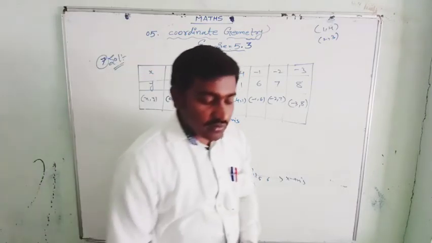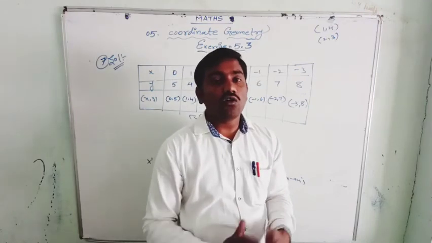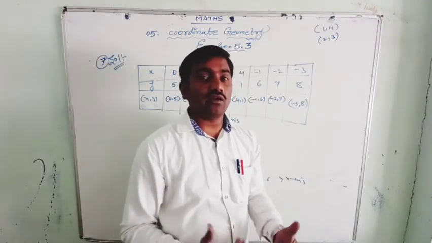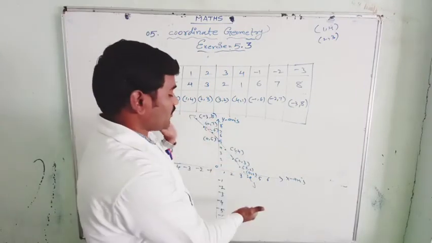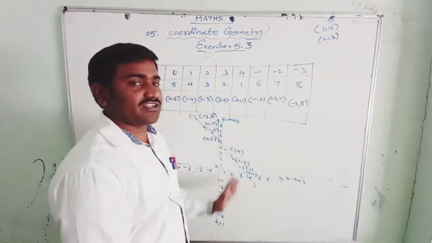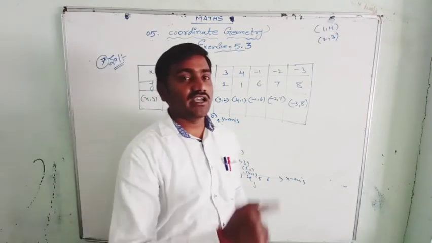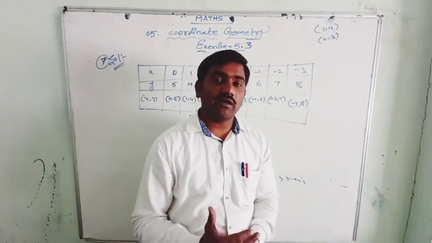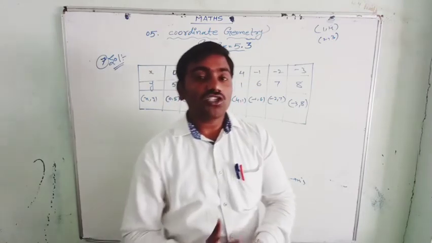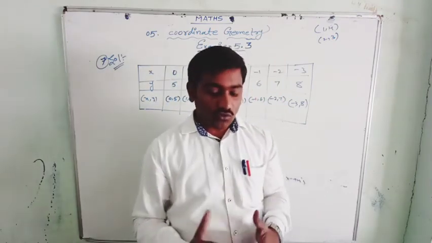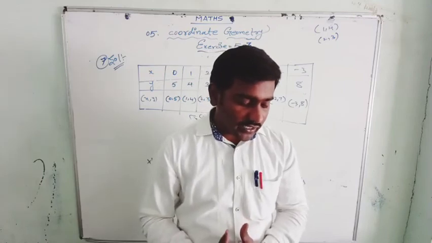Collinear points. If more than 2 points lie on the same line, the points are known as collinear points. So these many points are lying on the same line, so all these points are known as collinear points. Remember that. So for question number 8,